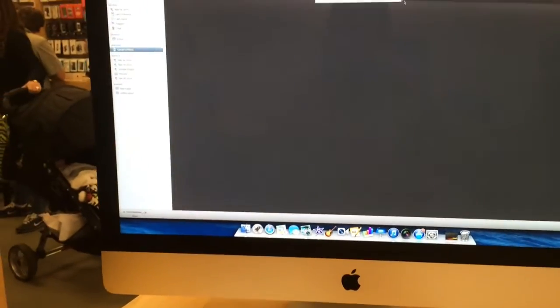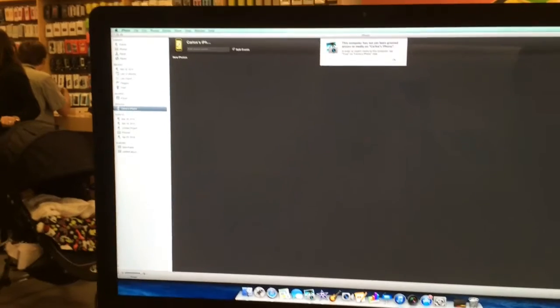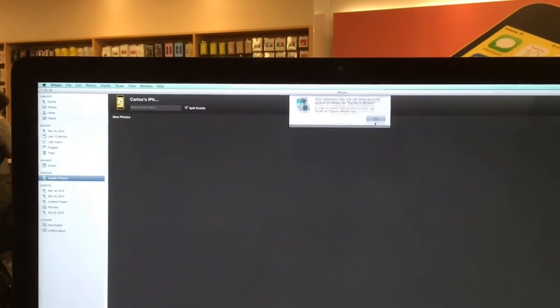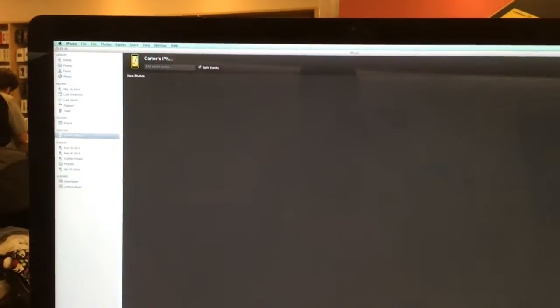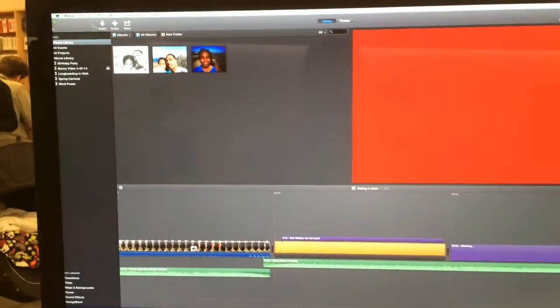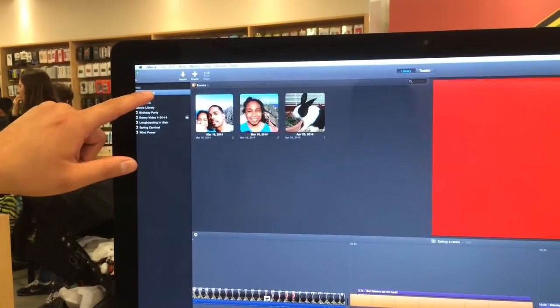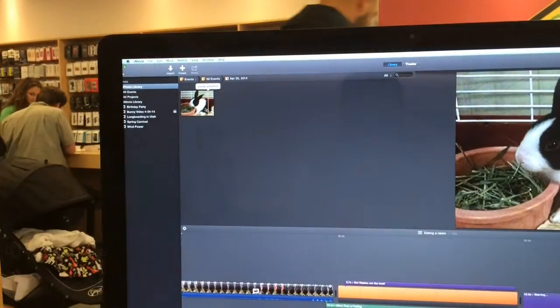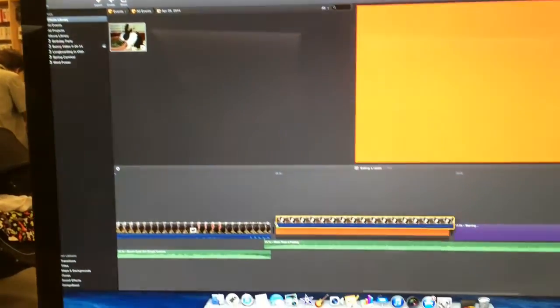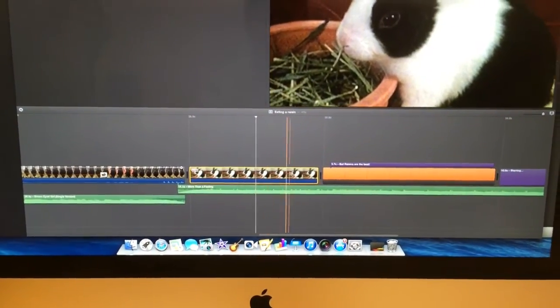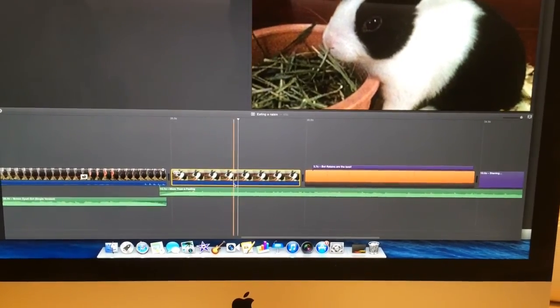You need to put it in iPhoto, yes. Because once it's in iPhoto, I can go to my events in my iPhoto library here, and it's in iMovie. And I can put it in exactly where I want it. See this little effect, how it's moving? That's called the Ken Burns